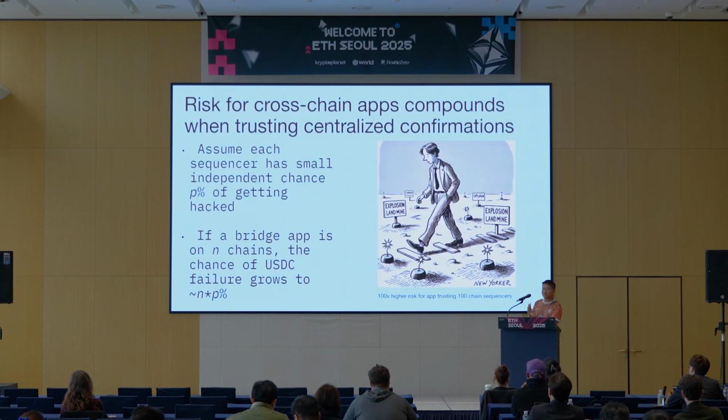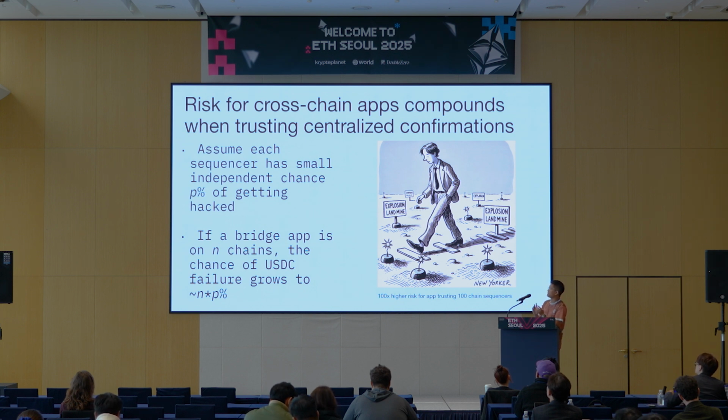Now, let me just preview a little bit. What is a confirmation layer, and why does it help solve the security problem? If you have some system that can tell you within a few seconds that your transaction is final and will definitely not be reverted, that's what we're trying to build, and that's how it solves the security problem. Let me talk a little bit about why a confirmation layer also helps with interop, which seems like a separate problem, but it's actually very related.